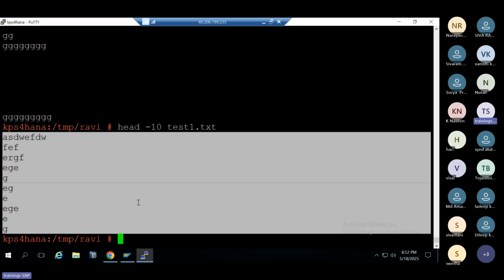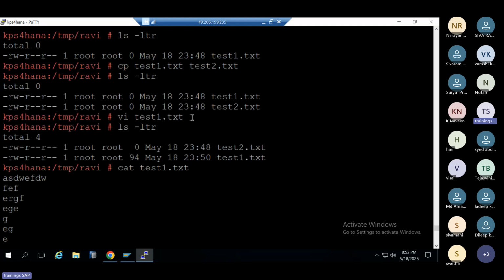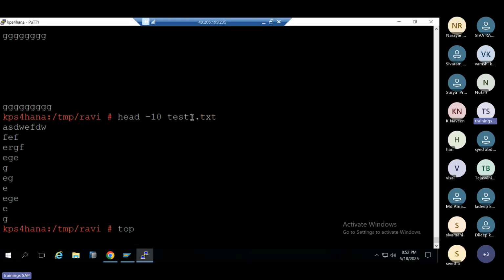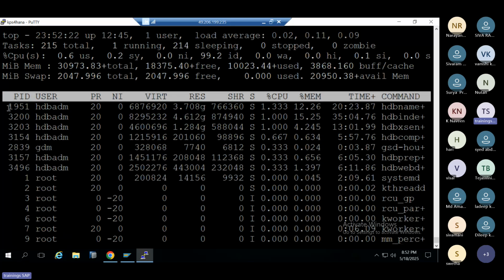CD, ls -ltr, mkdir (make directory), touch (file creation), vi editor (if you need to edit or create some content), tail, cat command, more commands, right? They are the commands we are discussing, right? mv command, remove commands, right? And free -g, date command. The top command will tell you the top processes which are